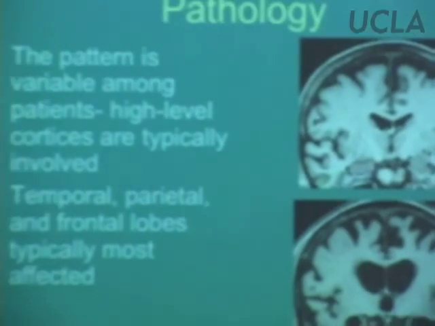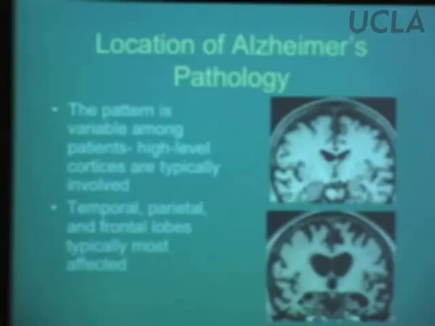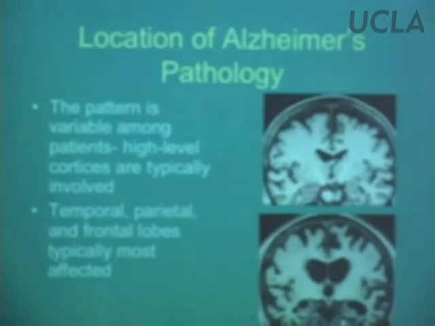Okay, so the location of Alzheimer's pathology. As I said, Alzheimer's is progressive, and the pattern is fairly variable among patients, but typically you see it start in the medial temporal lobe. So you should be very familiar with sections like this. You spent a few hours staring at them, and you might notice hippocampus here. This is a normal brain, age matched for this person down here, and you can clearly see the hippocampus. If you had to circle it, you could do that.